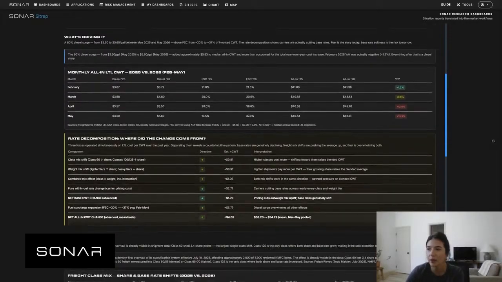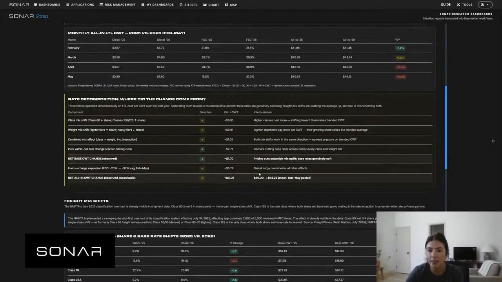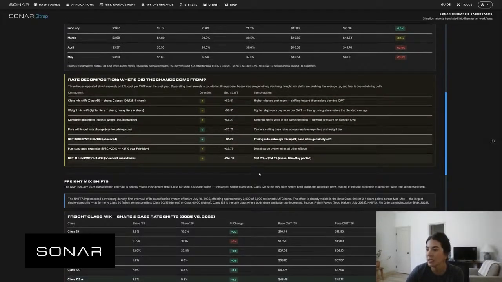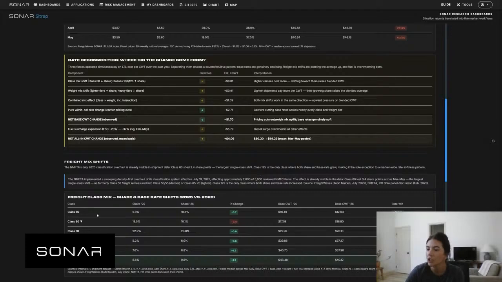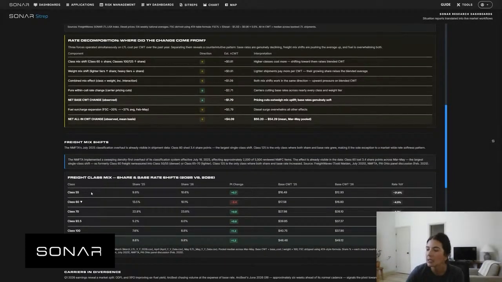Then it's going to break down that rate composition, so how rate and class have played into these changes. And it's really going to go deeper into the freight class mix and how this has shifted in the last year. So as you can see, this is broken down by class. We have the 25 and 26 values as well as those changes. So you can really see, again, how they have fluctuated and get that additional context into what is driving these